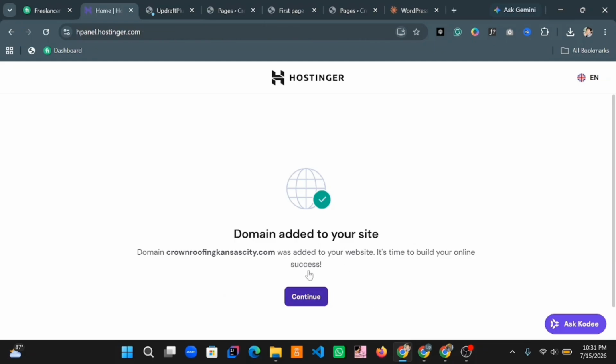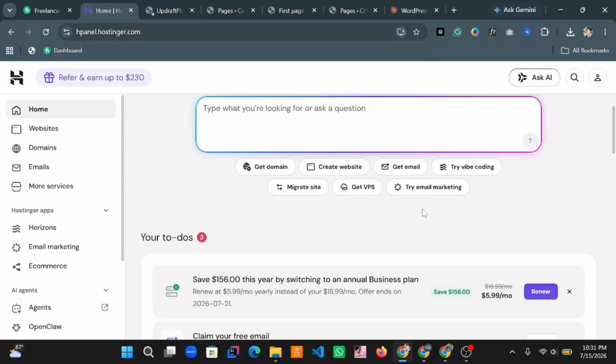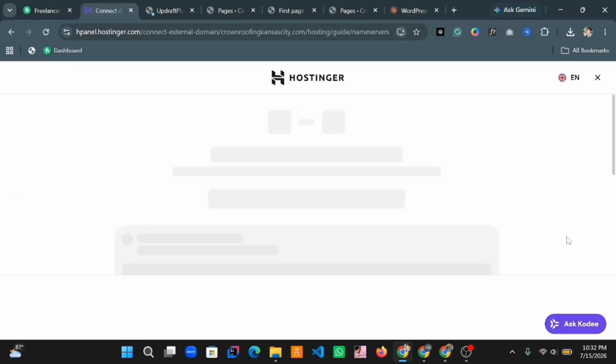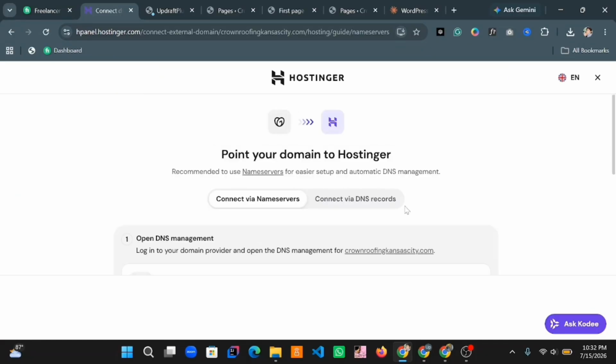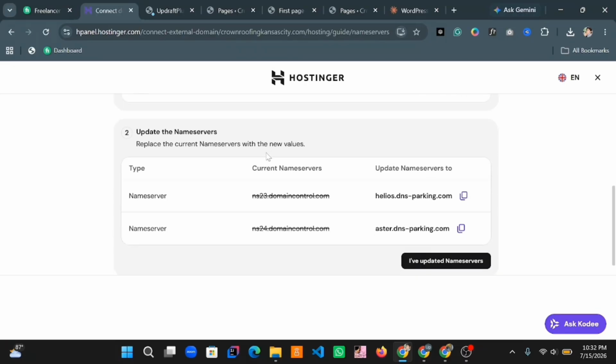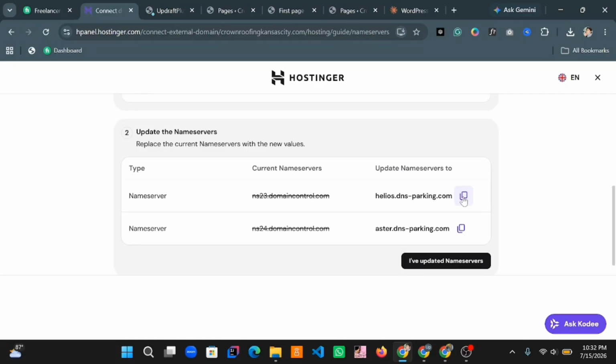redirect DNS servers here. So I will click on continue and over here you can see that domain is visible here, but we need to do a lot of things. So I will click on check guide and then it will show two options. You can connect via name server or DNS records. So name server is better choice. So from here you will need to copy this name server number 1